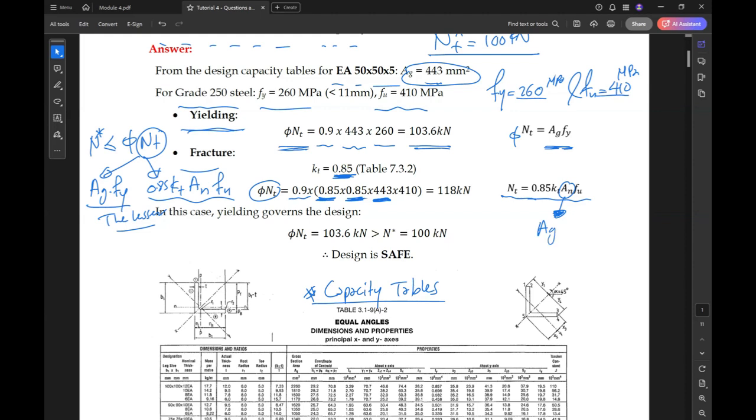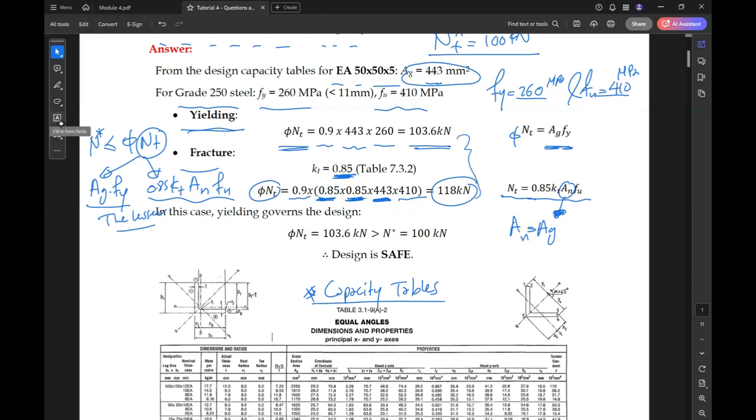Because it is welded, area net in this case will be equal to area gross. So it will be same as area gross, so 443. And f ultimate is 410. So the value is